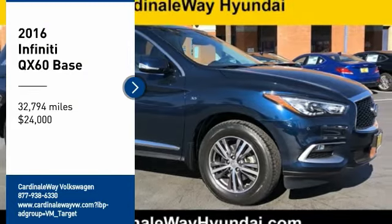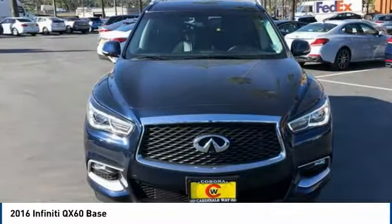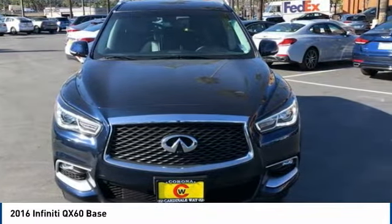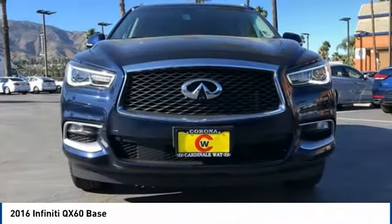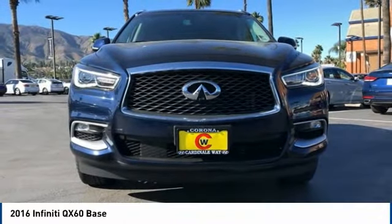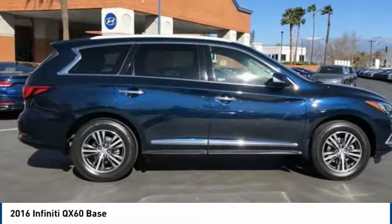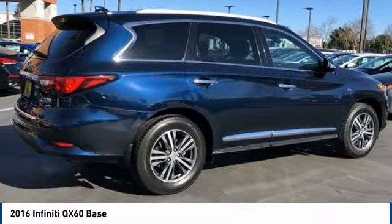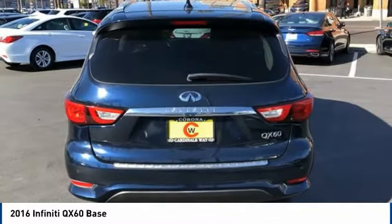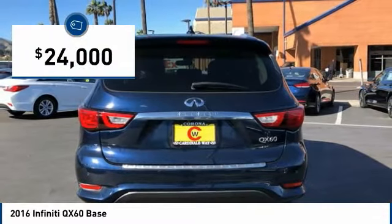Make a great choice today with the 2016 INFINITI QX60. The INFINITI QX60 is the perfect blend of luxury and practicality. This crossover SUV not only provides ample space for passengers and cargo, but also an interior that screams luxury. In addition, the QX60 offers extremely high levels of safety, all with a sleek new design, and is priced below